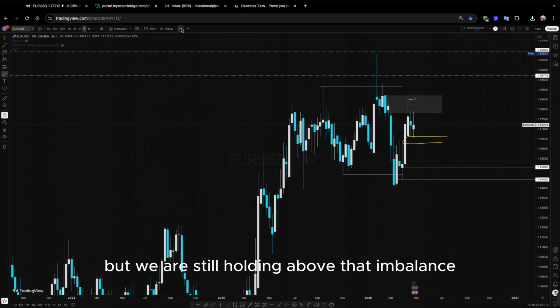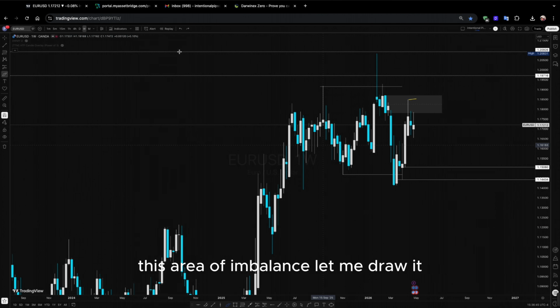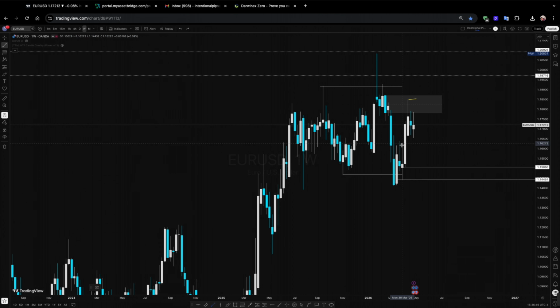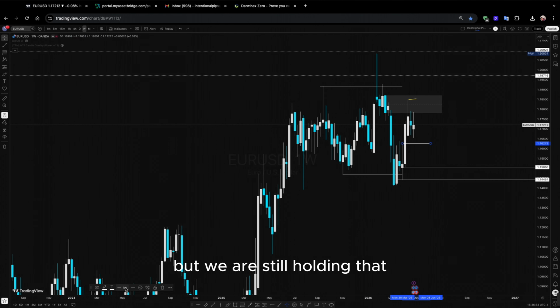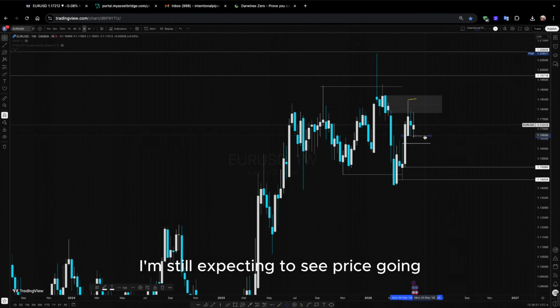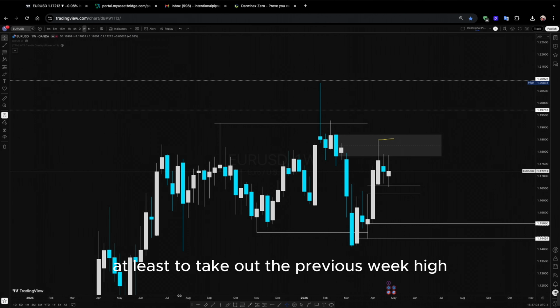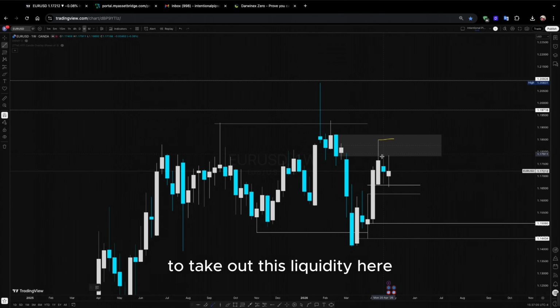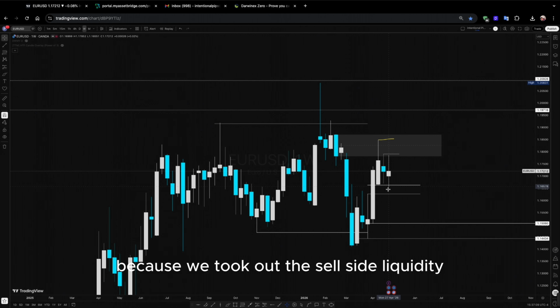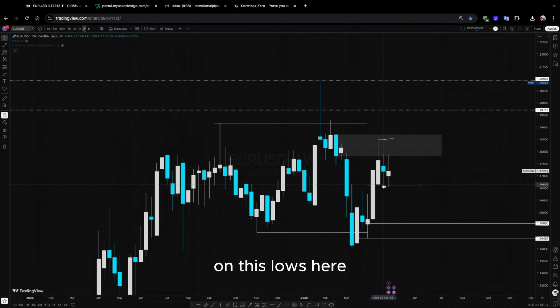above that imbalance, this area of imbalance, let me draw it very clearly. This area of imbalance here, when we are still holding that, I'm still expecting to see price going at least to take out the previous week high, to take out this liquidity here,